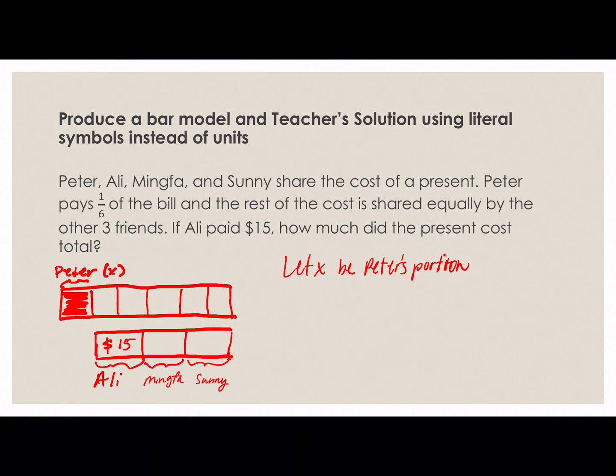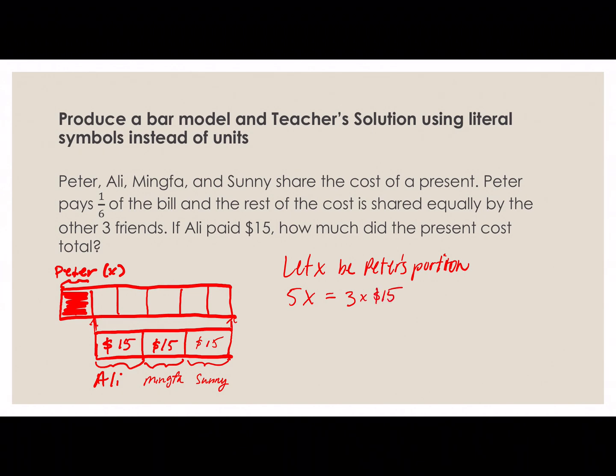Okay. Now, how am I going to relate X, or the top bar, to the bottom bar? Well, we know that Ali and Ming-Fa and Sunny all pay $15, so we're going to go ahead and write 15 into each of these. And those 3 sets of 15 correspond with the 5 pieces in the 6th of the whole cost of the present. So 5x, or 5 times the same amount as Peter, is equal to the 3 sets of 15